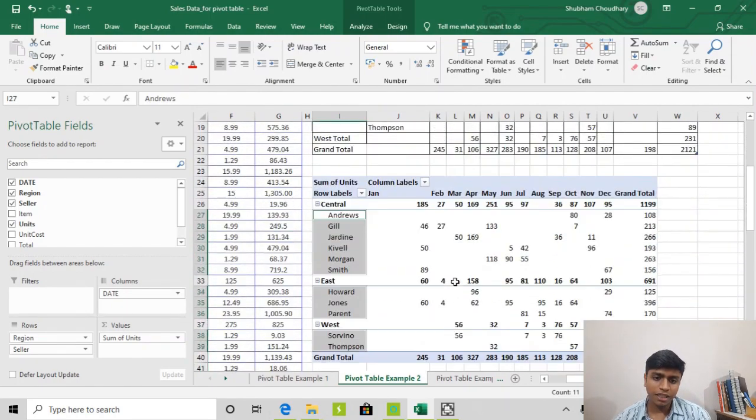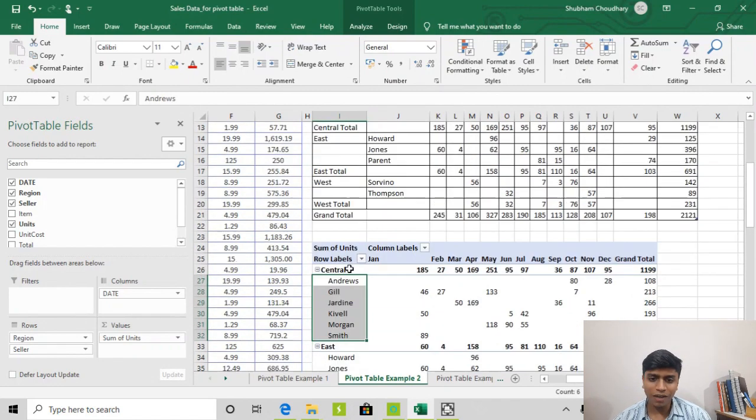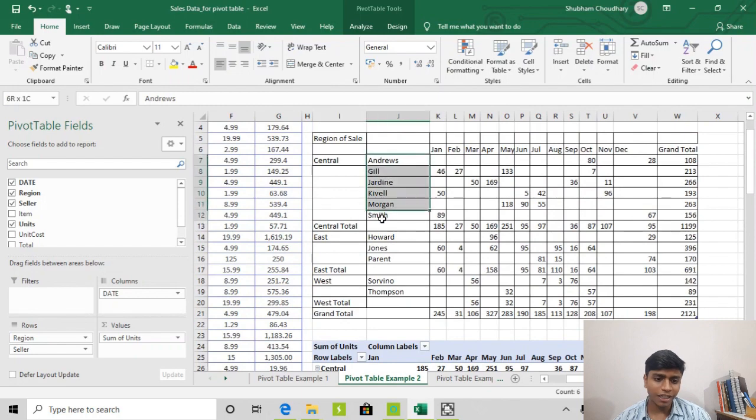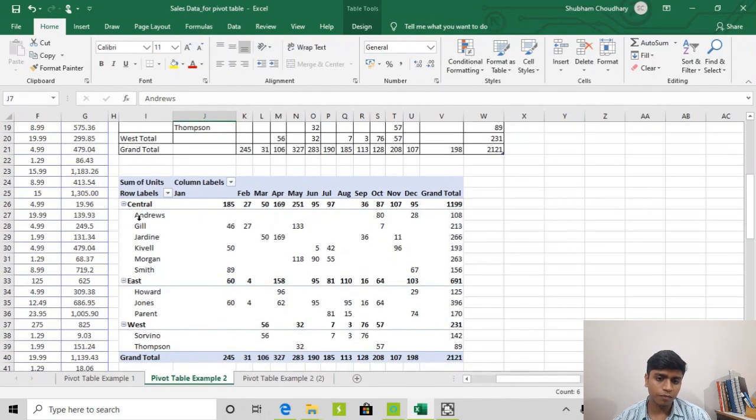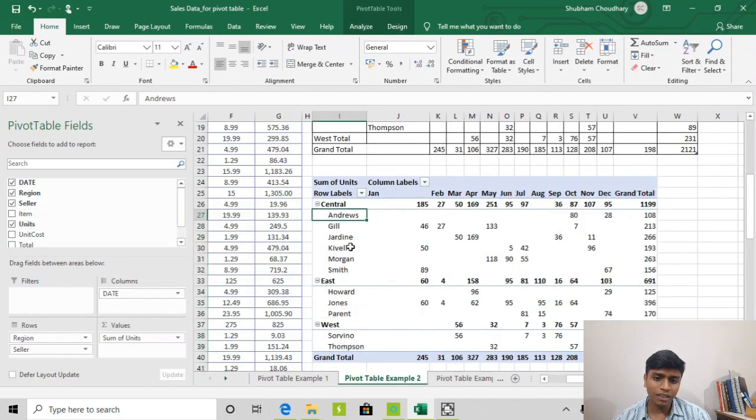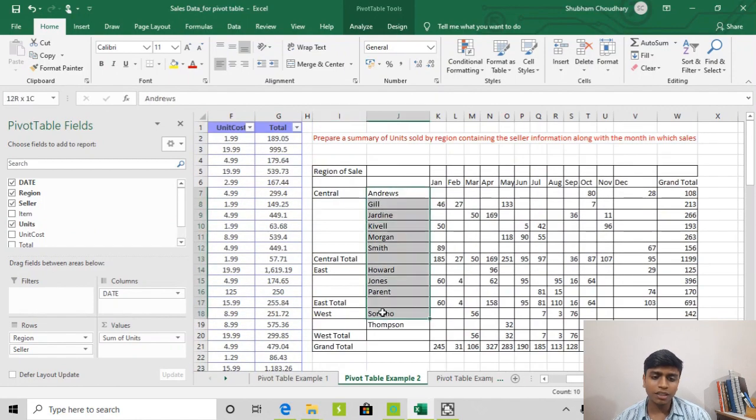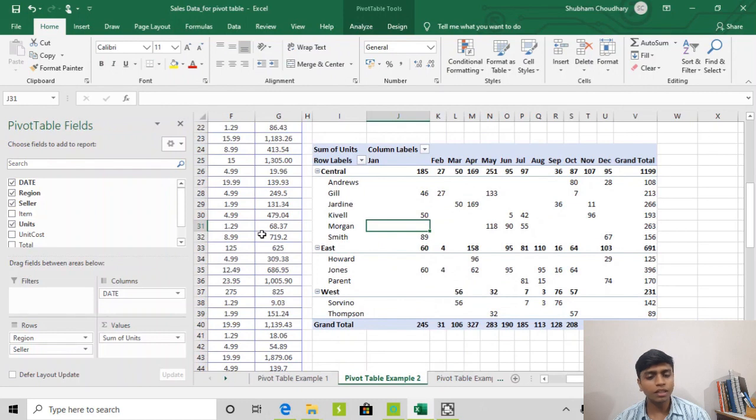As we see, the name of the seller in the question is in some other column, and currently it is coming right below the region. In order to have that as per our requirement, another tab we want to know is the design tab. Now we will go to the design tab.